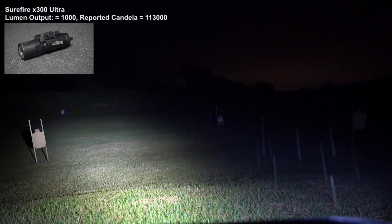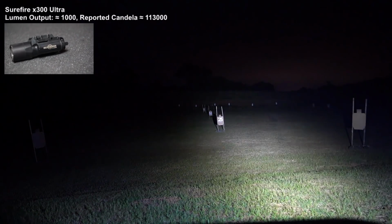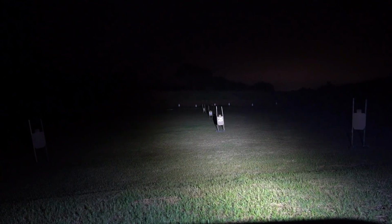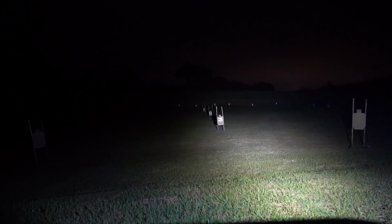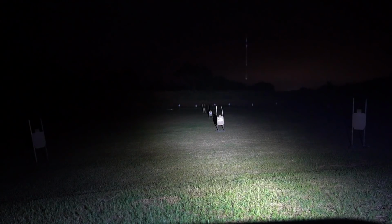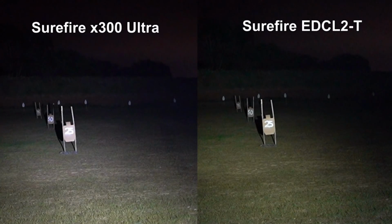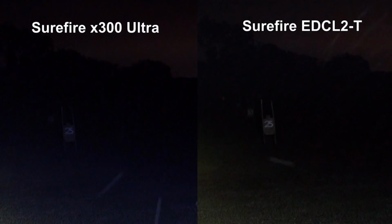Now, before we get into iterations of the extremely popular Scout series, let's look at another final pistol light iteration. This is the Surefire X300 Ultra. It's probably the largest, in terms of physical size, pistol light on the market today, but has, as you can see, quite impressive capability. Very similar in performance to the EDCL2 that we just looked at. A bit more intensity than the handheld as compared to the spill, but overall, just about as powerful in terms